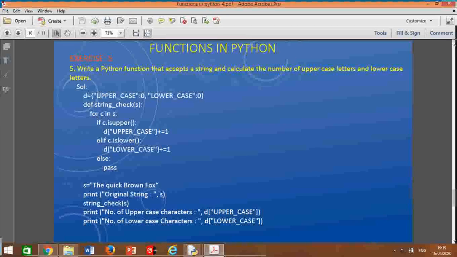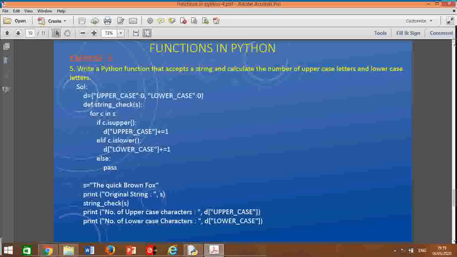Okay, so in the function definition the name of the function is string check, and it takes one parameter s. Then implement the for loop which traverses the string. c refers to the individual character of the string. I am using the string library function c.isupper. Our function will check whether the character is uppercase or not.